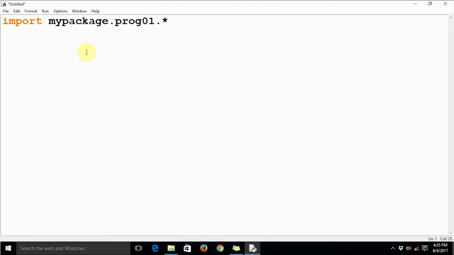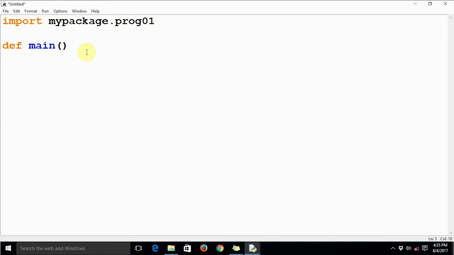If you don't want to import all the stuff from the package and you want to call each and every member individually, you can just say import my package.prog01. Now if you want to call anything in this program, just say def main.